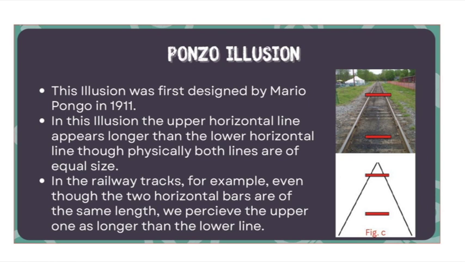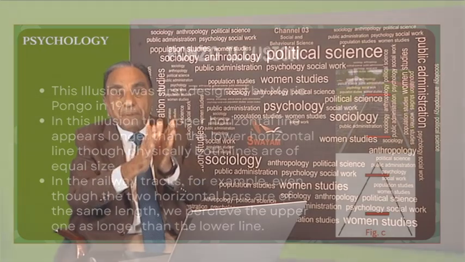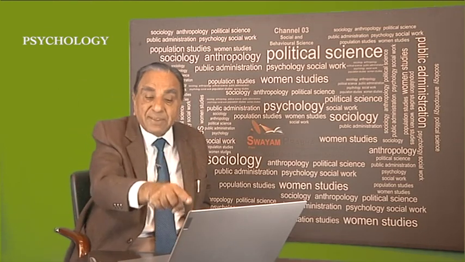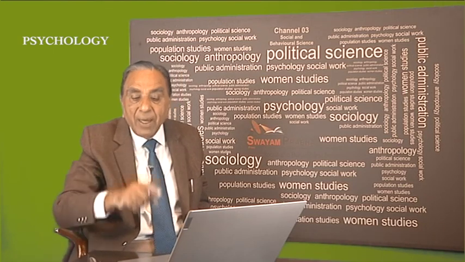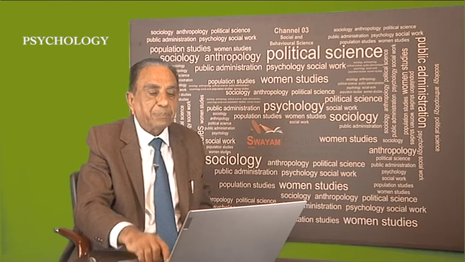Now, if you see the figure, these are the railway lines, parallel. Clear? It is not that the railway line where you are standing is wider and then becomes narrow, otherwise how will the train go? It will be derailed. But the lines which are farther away appear shorter, and those near to us appear longer. Now, this again is a false perception. We should say both are equal, but it is a false perception again in the presence of the stimuli. It is an illusion, known as the Ponzo illusion.